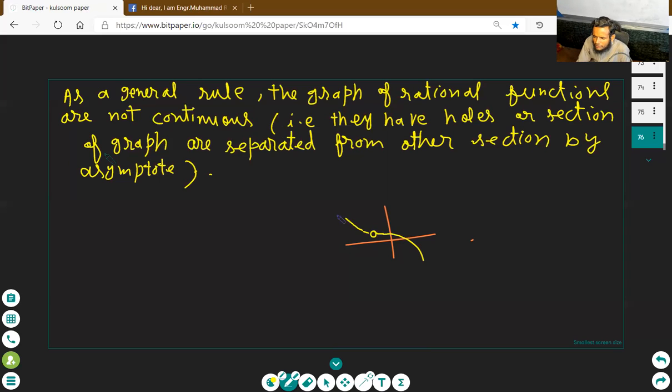Okay, now our graph of a rational function is not continuous. It is not continuous on all domains. On some points it will be continuous and on some points it will not be continuous. Clear? And the point of discontinuity,